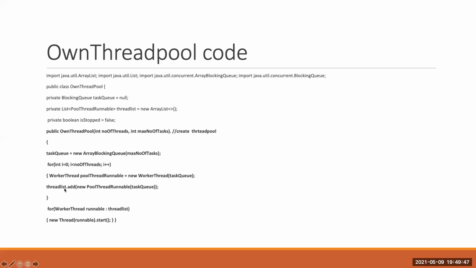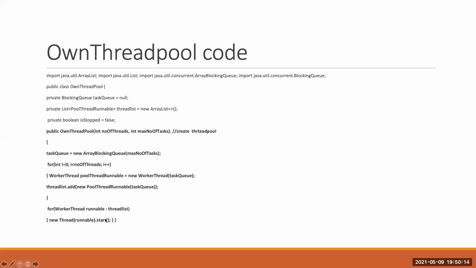Once the worker thread got created, I'm adding it into the thread list. Why am I adding this worker thread into a list? There is a reason. Basically there are two reasons. One is to clean up. One option is, once I've added it into that list,